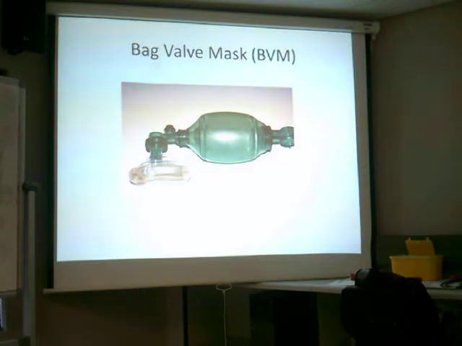What's not on this picture is a reservoir. Some of them have a reservoir bag at the back. You have a valve, which means that when you compress it, that valve opens and the air gets released out of the mask. Okay? And then you have some sort of an interface. Interface meaning something that you can connect to the patient. So you can either use the mask as an interface, or you can use an ET tube as an interface. So if a patient is being intubated, we remove the mask, and then the ET tube will be connected to that. You will see an ET tube fits perfectly into that part there. So then you can still ambulate the patient.